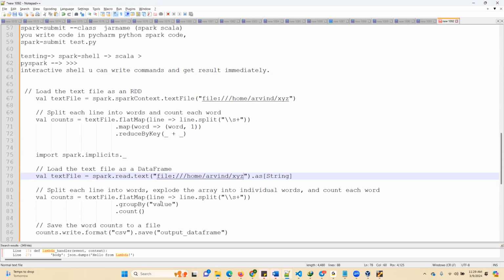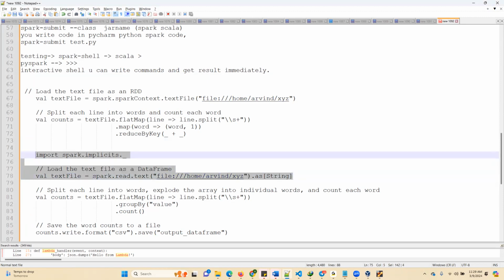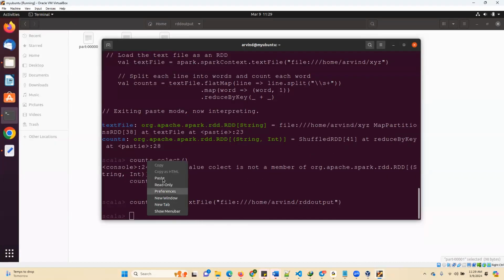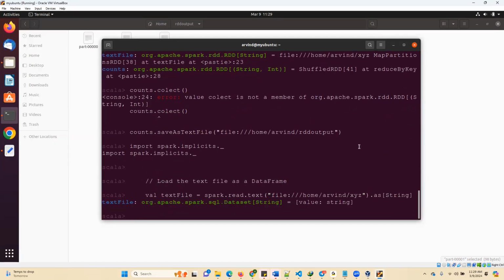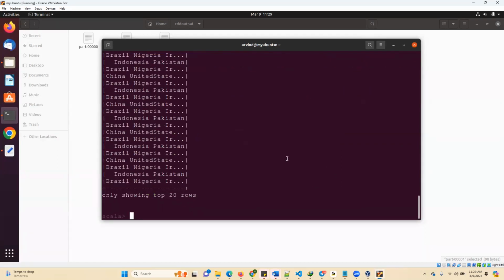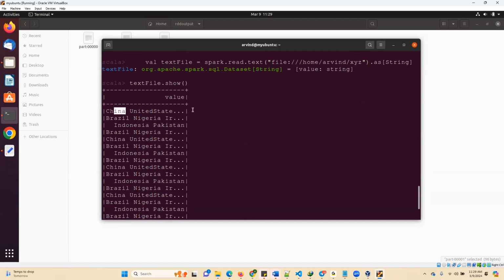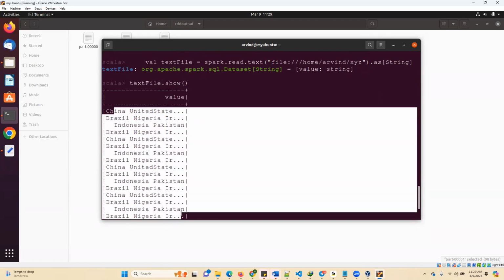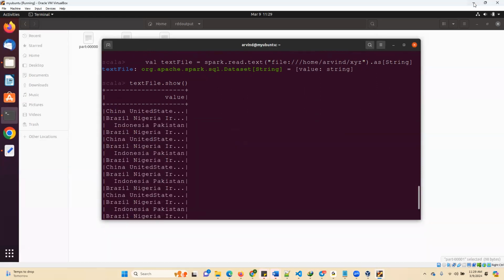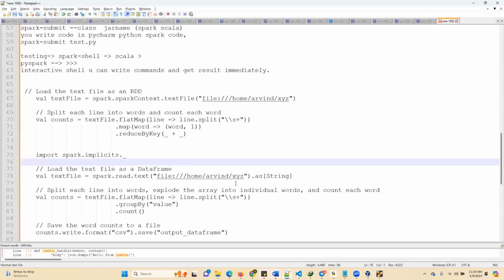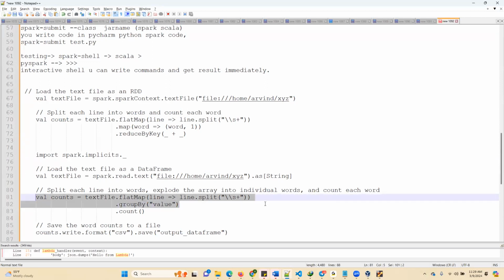So value will be a column. Let's see one by one. Now the text file is a data frame, so it's coming as a single column data frame. When I say text file dot show, it will show me 20 records. It's one single column, so the entire text file data came in one single column. And in this data frame, value is a column. When I do the group by operation on this column, group by value, I will get